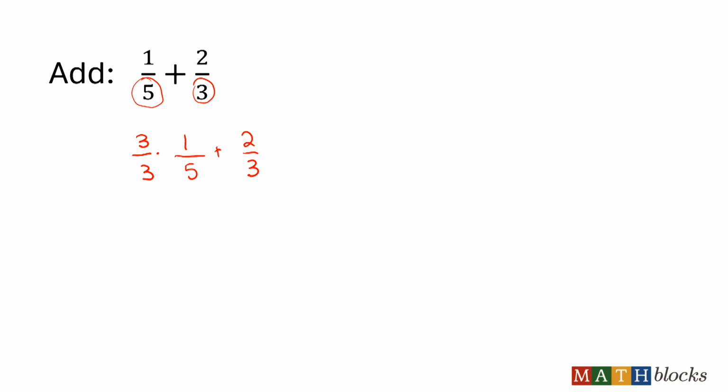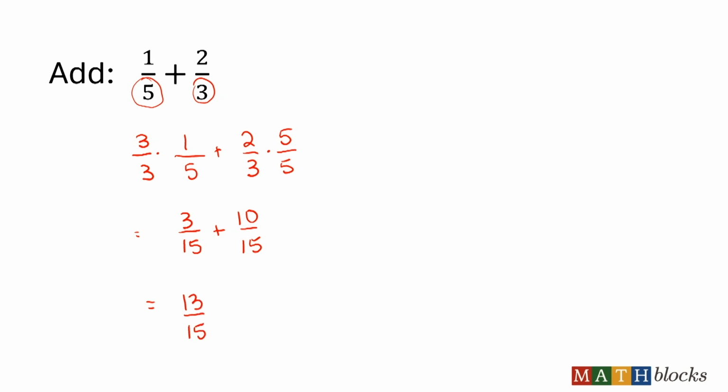Then for the second fraction, to get the common denominator, we have to multiply that 3 by 5. And if we multiply the denominator by 5, then we also have to multiply the numerator by 5. And so doing this gives us 3 over 15 plus 10 over 15. And now we have two fractions being added together with the same denominator, so we can just add the numerators together to get 13